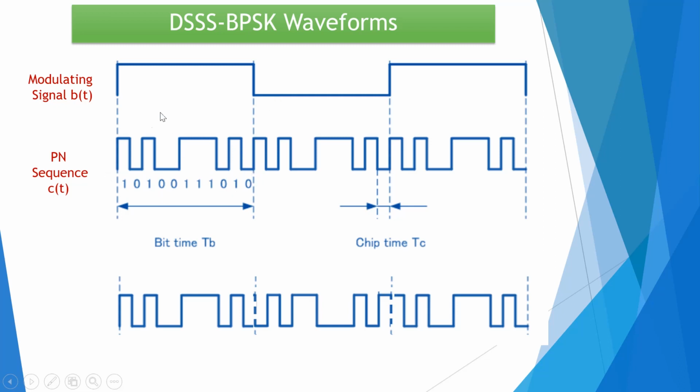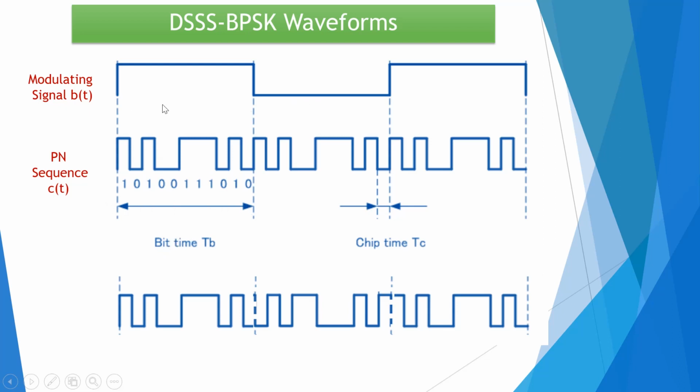Even though we say that the PN sequence, that is the pseudo random or pseudo noise sequence, is random in nature, we can see here that the same sequence repeats after some number of cycles. So if you want to truly generate a random signal, the number of flip-flops, the number of shift registers which are used, will have to be increased. Okay, so this is our one PN sequence.